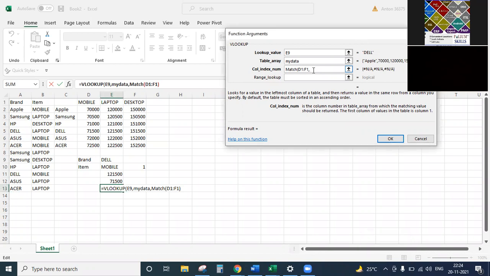Now, first we have to give match what? So we have to match the mobile, which is actually E10. Click on that, comma. Match from where? D1 to F1, comma, exact match, so 0, close the bracket,